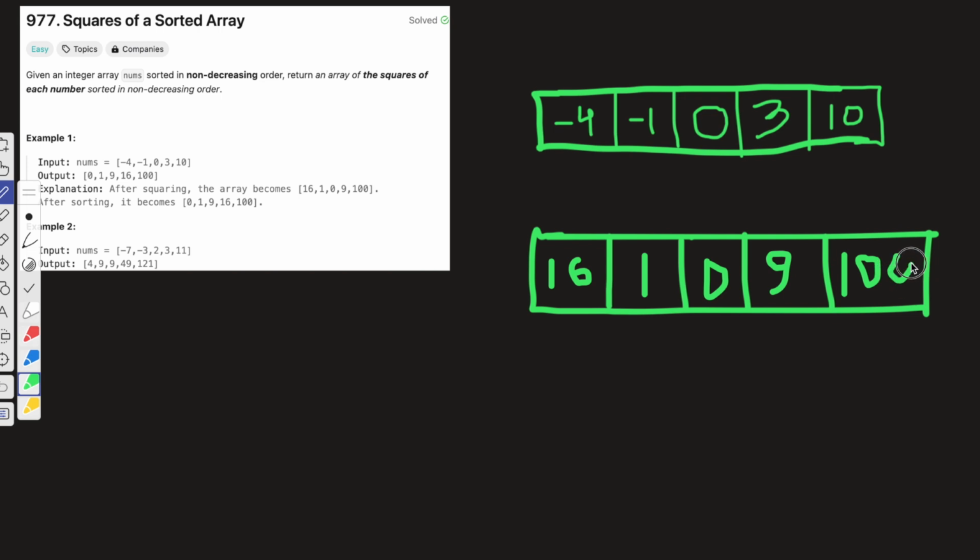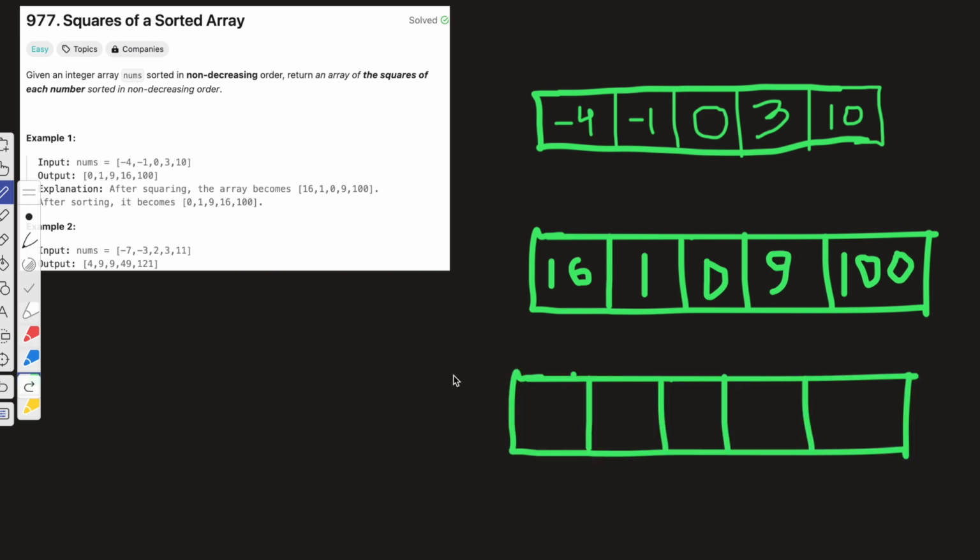So now after finding the squares, it is not sorted, right? Because in our input, -4 is smaller than 3, but after squaring, 16 is bigger than the square of 3, which is 9, right? So this needs to be sorted. Now when we sort it, 0 will come here, and then 1, 9 will come here, 16 will come here, and then finally 100 will come here. Okay,